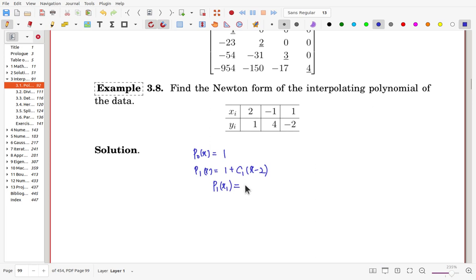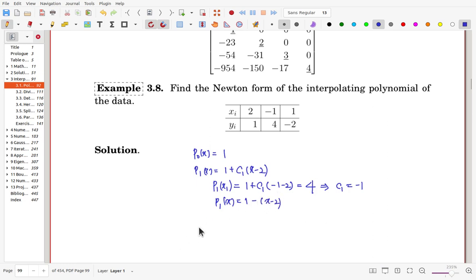That is now 1 plus C1 times x1, which is minus 1 minus 2, which must be y1, 4. So after moving this one, 3, there's a minus 3, so that C1 equals minus 1. So we conclude here P1 of x equals 1 minus (x minus 2),